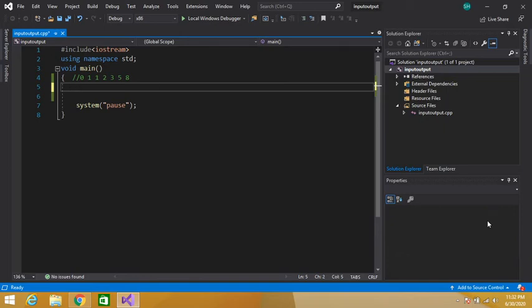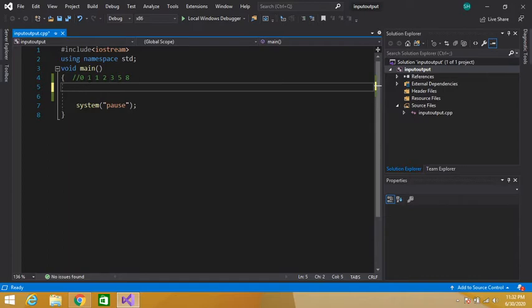Today we are going to write a program for Fibonacci series. What is Fibonacci series? See guys, this is Fibonacci series: 0, 1, 1, 2, 3, 5, 8. See 0, 1, 1, again 1, then 2, then 3, then 5, then 8. We have to make logic for this series.